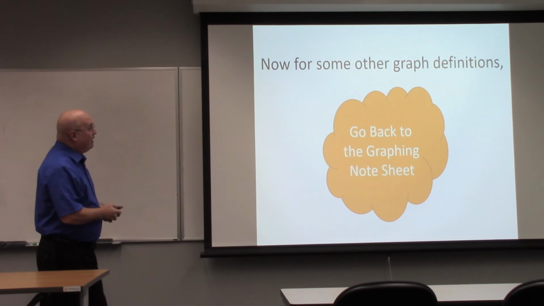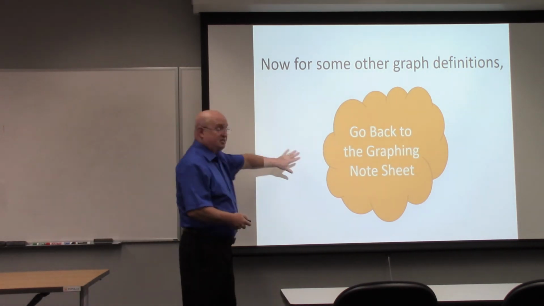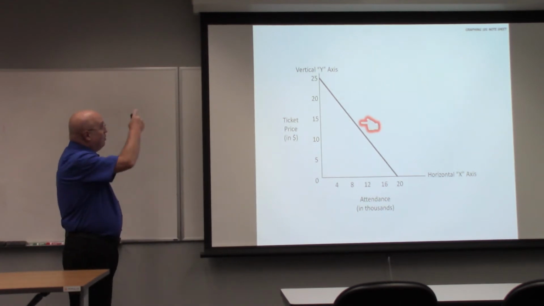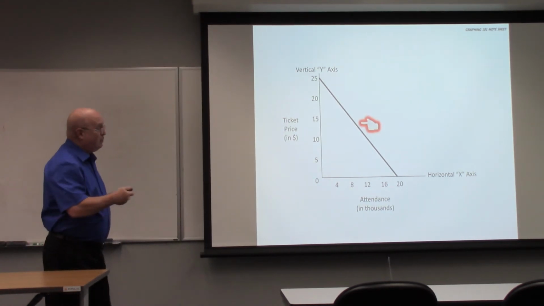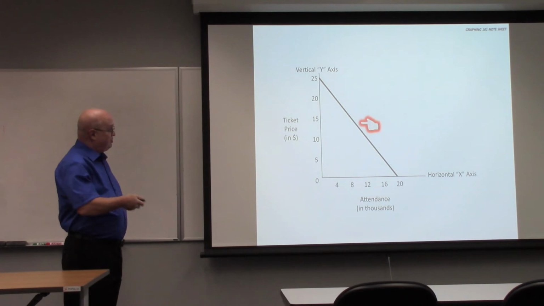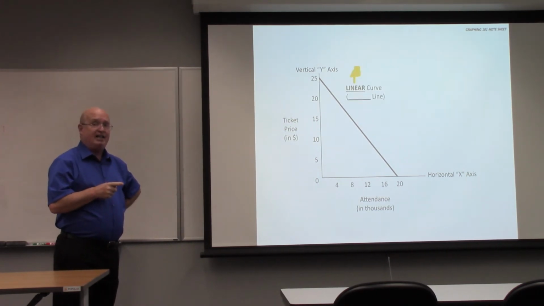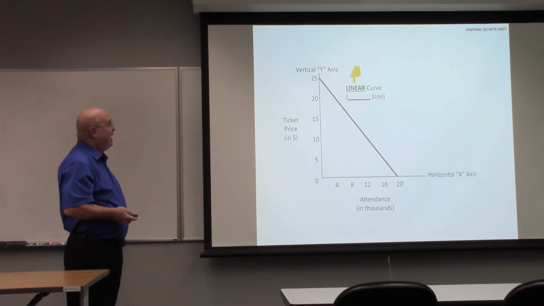All right, so now I want you to go back to that previous graph sheet because we're going to add some more definitions here. All right, we've got this curve. That's what we put on the other one, so you can go ahead and draw it in on this one. This is called a linear curve. Why linear? It's a straight line. And